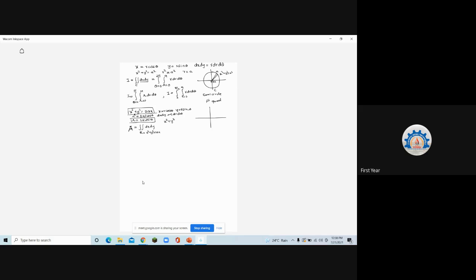So how do you draw it? The center will be a comma 0, absolutely right, and we can find the radius. It passes through the origin. Correct. So just see what I did. I added and subtracted a square. So x square minus 2ax plus a square plus y square is equal to a square. This minus a square I took on the right hand side, and I took x square minus 2ax plus a square together, so that this becomes x minus a the whole square plus y square is equal to a square, which is a circle with center a comma 0 and radius a. So this is your circle. Is it okay?